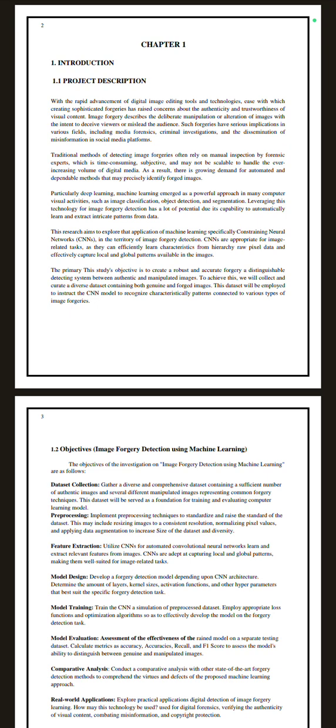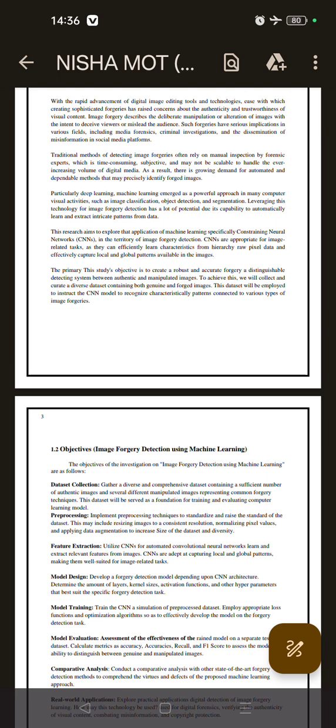This research aims to explore the application of machine learning, specifically convolutional neural networks. In the domain of image forgery detection, CNNs are appropriate for image-related tasks as they can efficiently learn characteristics from the hierarchy of raw pixel data and effectively capture local and global patterns available in the image. The primary objective of this study is to create a robust and accurate system for distinguishing between authentic and manipulated images. To achieve this, we will